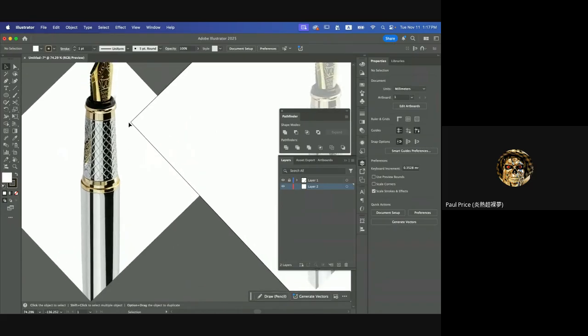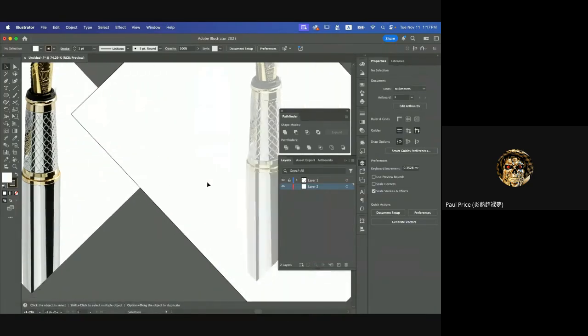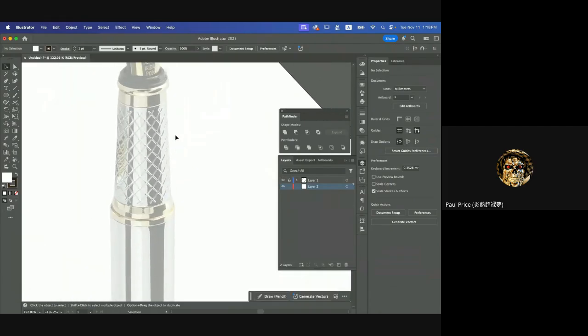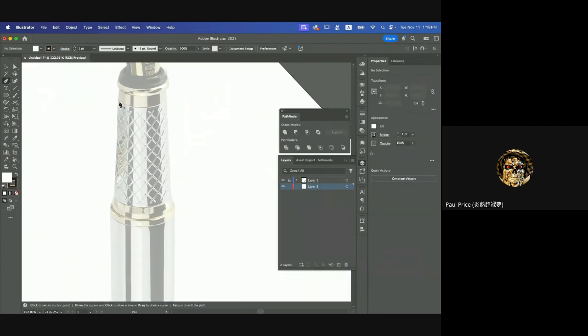So you want to dissect the pen, okay? So you want to work probably on the rod first. The rod seems to be similar from up here all the way down there, okay? So I want to make a base shape. Use the pen tool. I'll probably start from the top, right here, all the way